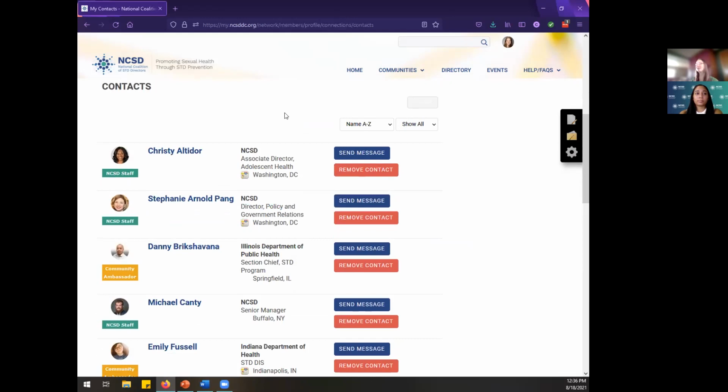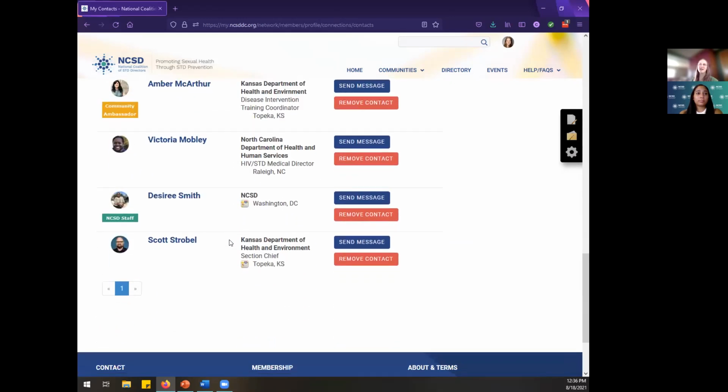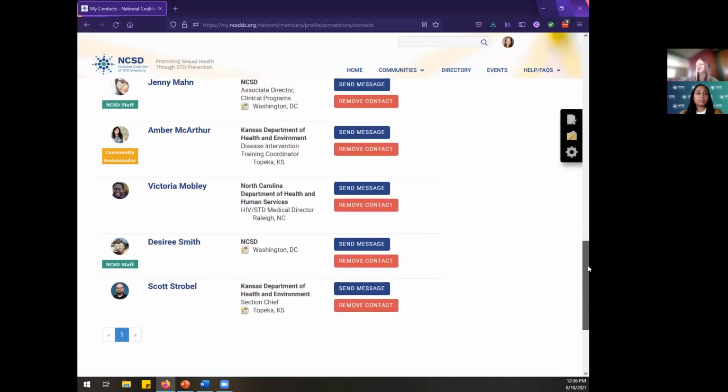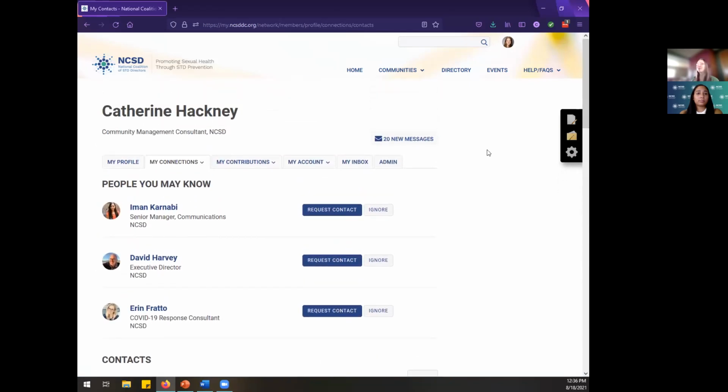As we scroll down, we're going to see my existing list of contacts, and a real quick and easy way that I can send messages to them. I know who's an ambassador volunteer. I know who staff is based on those ribbons again. So really helpful information in here. And definitely feel free to go through and start sending contact requests now. I think that's a great way to reach out to other members and get to know one another as well.